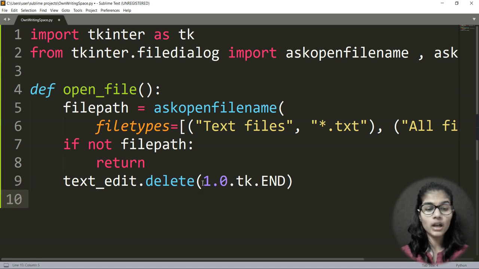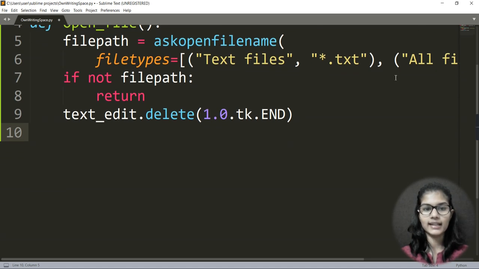Fine. Now what next do I have? Here I would be opening my file. Now here comes the role of file handling, right? We have already studied file handling, the different modes in which we can open a file: read, write, binary, and read and write both, and many things. So from that concept, we're going to take just one, that of read mode. We are going to open a file in read mode using the with block.